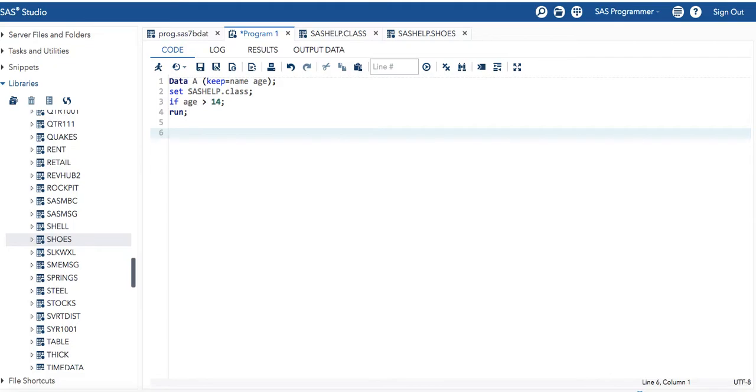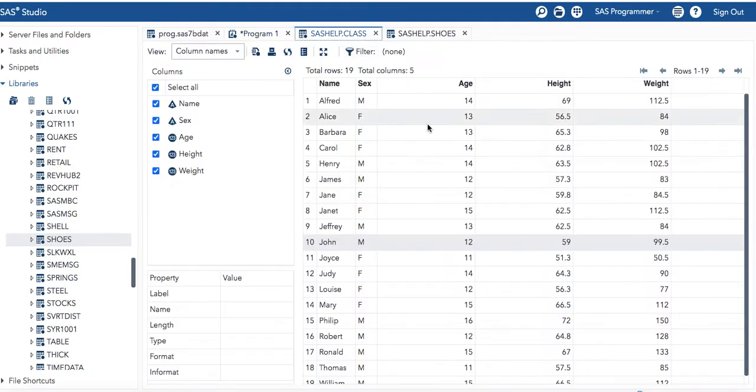Okay, now let's do something more and understand the concept of drop. Say for example I want to drop a column. Let's say there are columns height and weight, so let's drop weight.